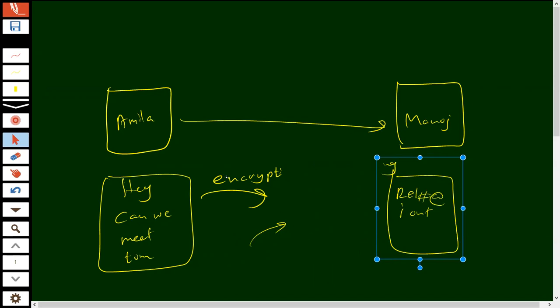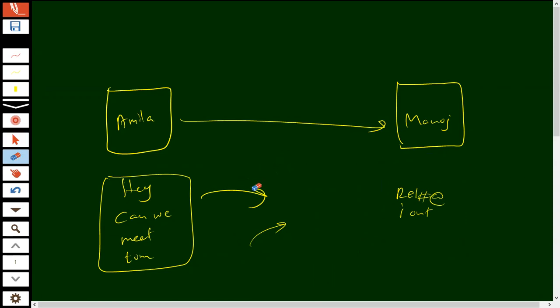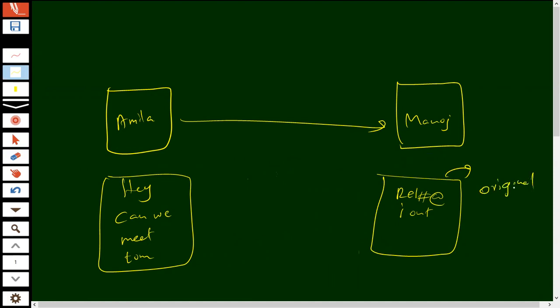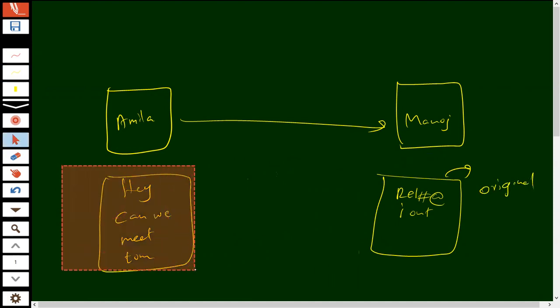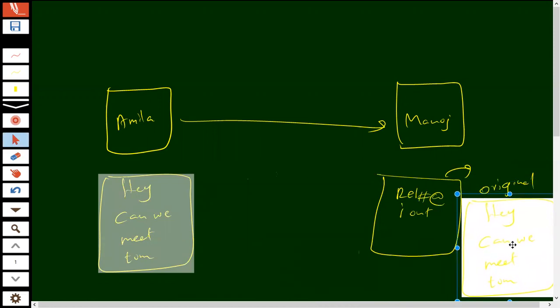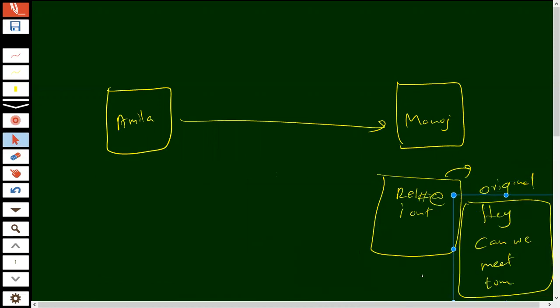And after encrypting, the encrypted message can be sent to the other party. Then there should be a mechanism to regenerate the original message. Original message means this, hey, can we meet tomorrow? This is the original message.